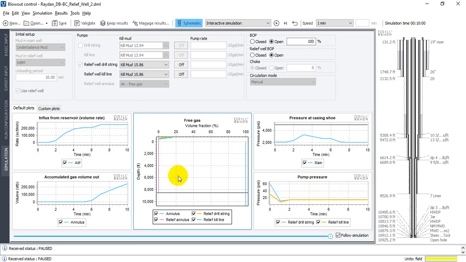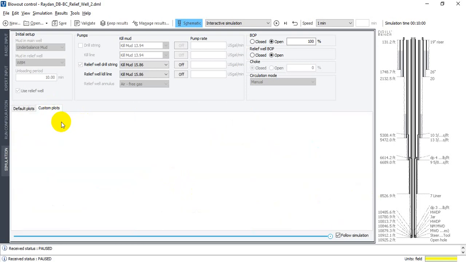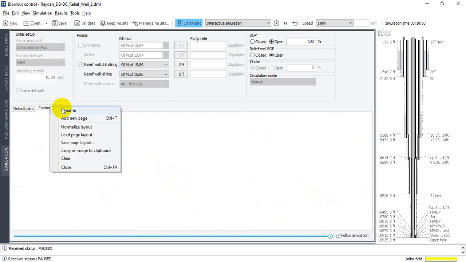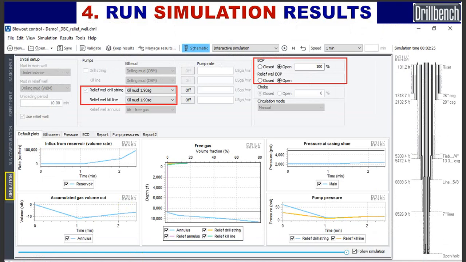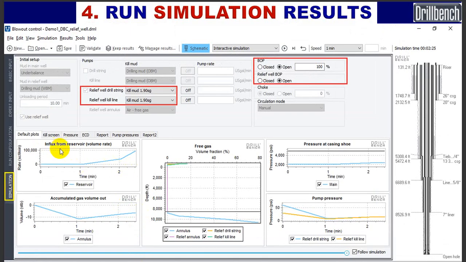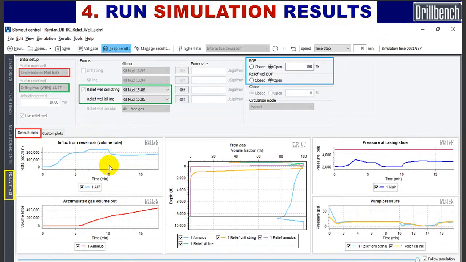We can see another custom plots. We can click here and add new page, or load the page layout, add, and the custom plots we can add as we see here in our kill screen, pressure, equivalent circulating density report, as you like. We will go to the default plots,